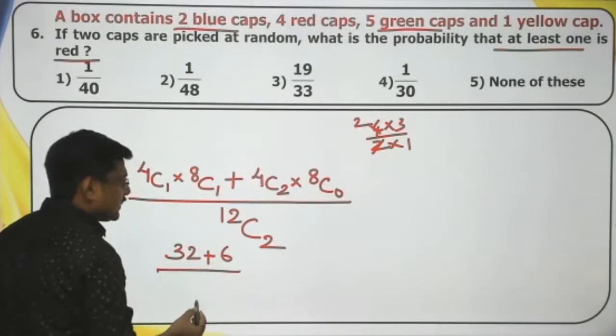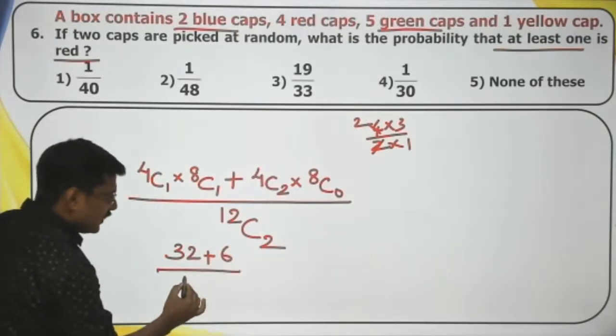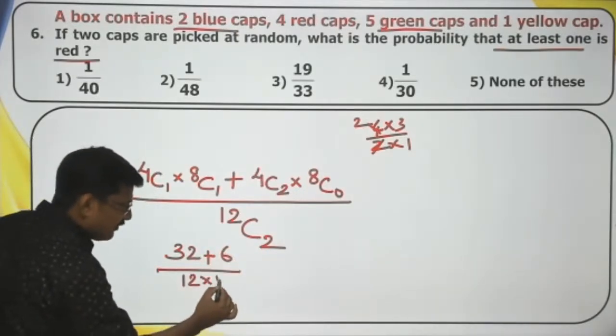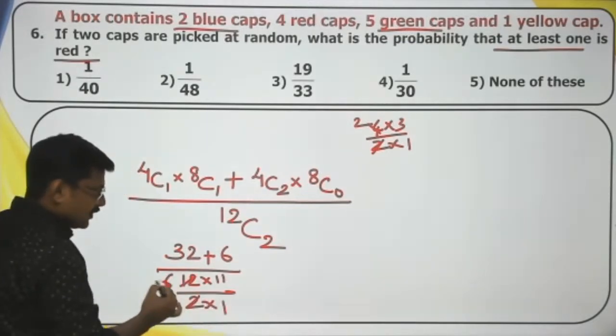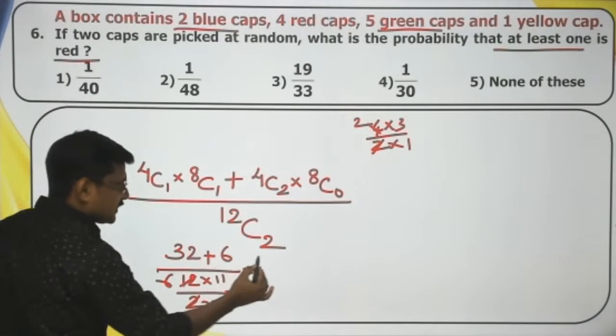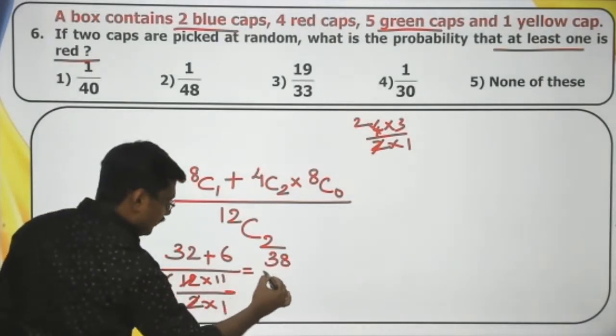So 32 plus 6 divided by 12C2. 12C2 is actually 12 into 11 divided by 2 into 1, correct? So 2 6 times. Finally we can say that 32 plus 6 is 38 divided by 6 into